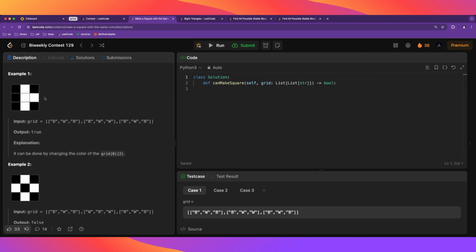So here, example 1, it's true because if we, for example,